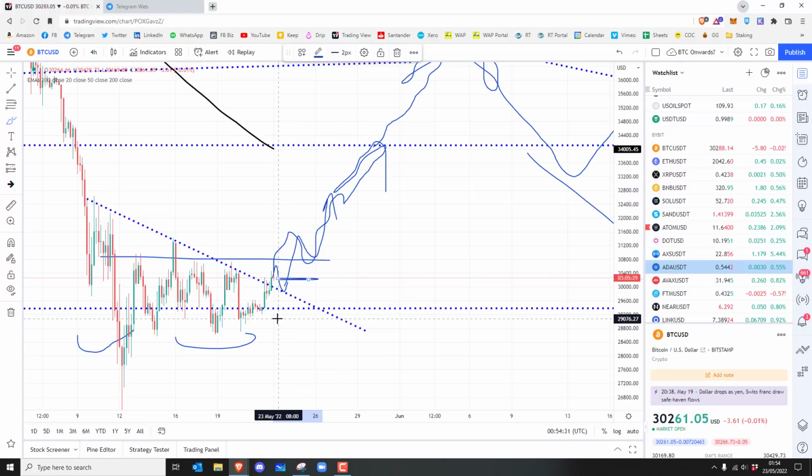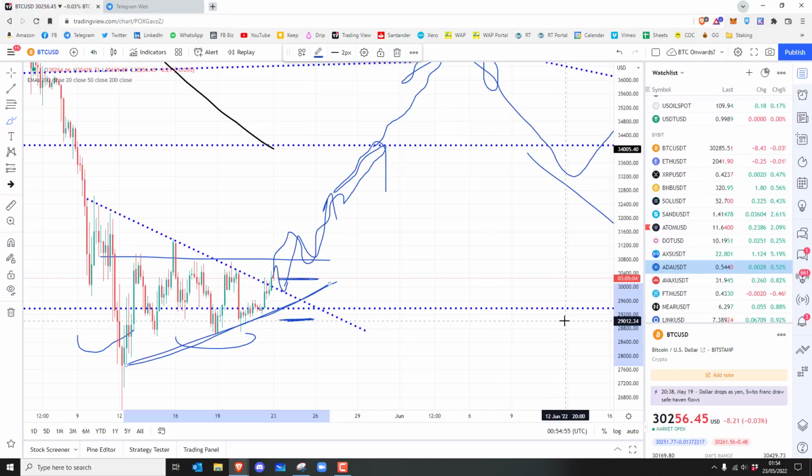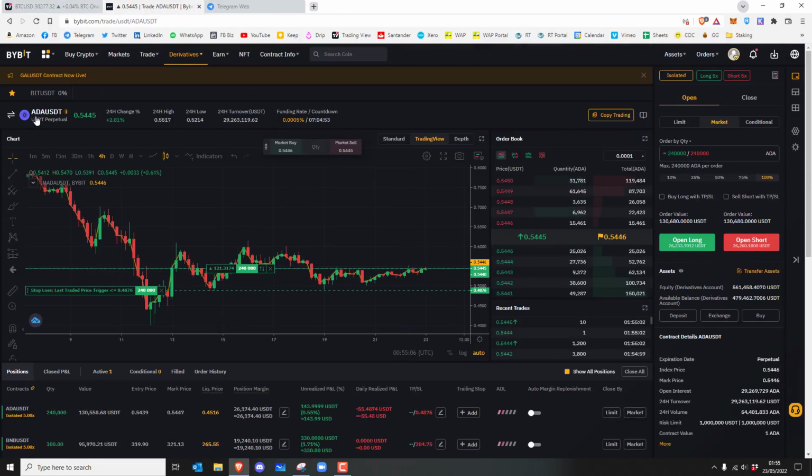I'm going to put a stop below this, was it 29? Yeah. So I want it around here, nicely out of the way. It's pretty much out of the noise because there's a resistance level, a support level going along here. And I'm only going to risk 12 grand on this, so 0.25%, roughly. So it's 29. Oh, it's pretty much on the 29,000 level. So let's put it 28,986. So if we go to over here,